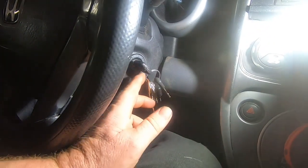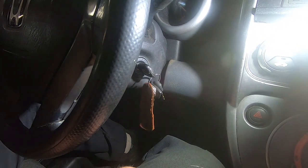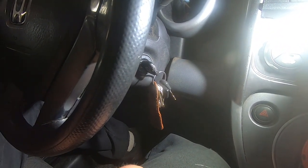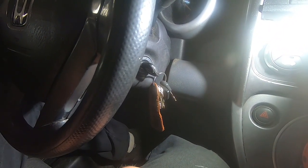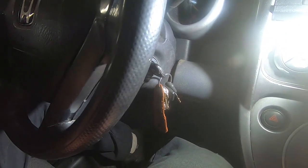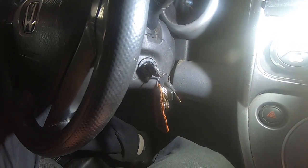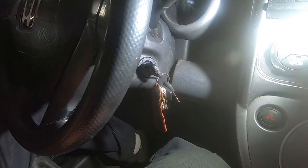You could get a new ignition tumbler or the switch, or you could have the locksmith come out and fix it. I'm not gonna do either of those. What it is, there's pins in there. I think there's 5 or 6 pins in there. And what happens is one of them will get stuck, or maybe two. Usually it's one. And what I'm going to do is just remove the pin out of the lock